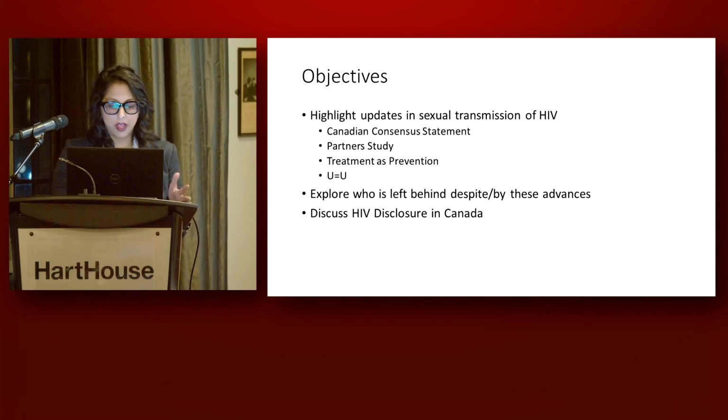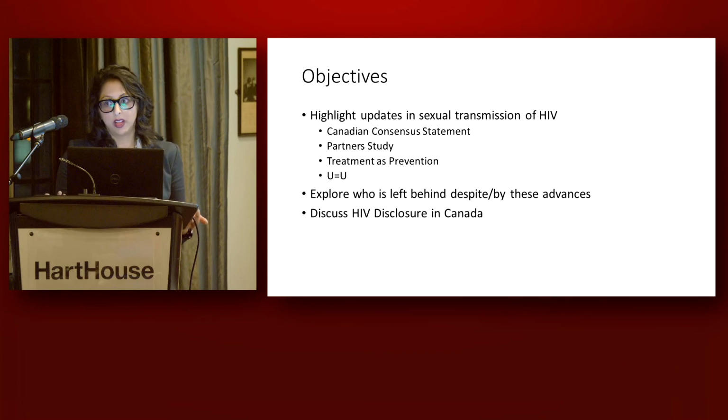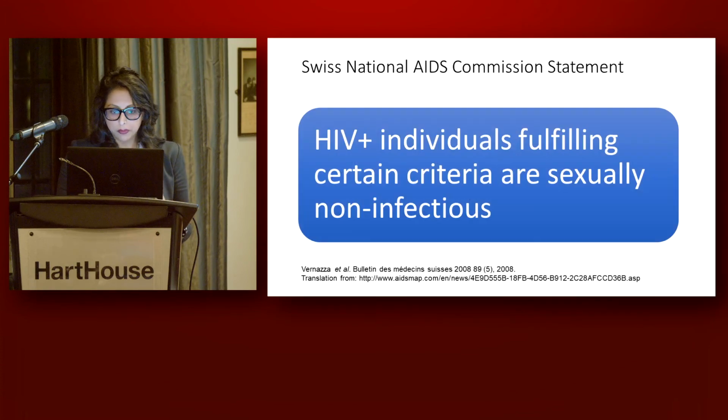And then the last little thing I'm going to talk about, it's not a little thing, is the issue of HIV disclosure in Canada. Because I think that as we walk towards U equals U, and Rupert already kind of alluded to this, it's important for us to think about what that means in the context of a country that has criminalization and disclosure laws, and how those laws are interpreted, and how the U equals U campaign can lead to confusion.